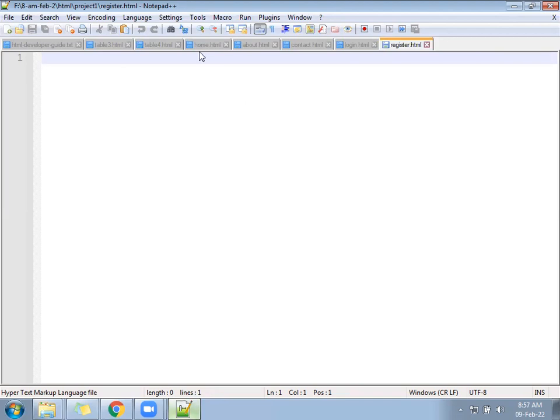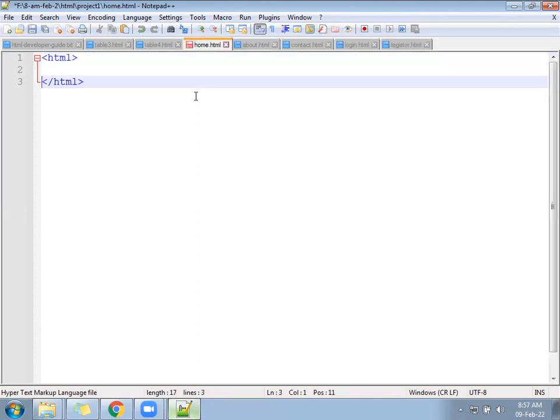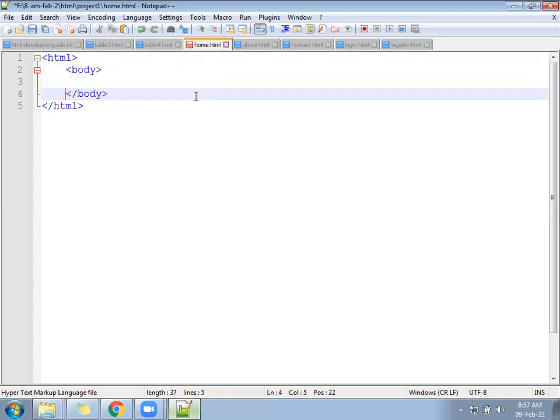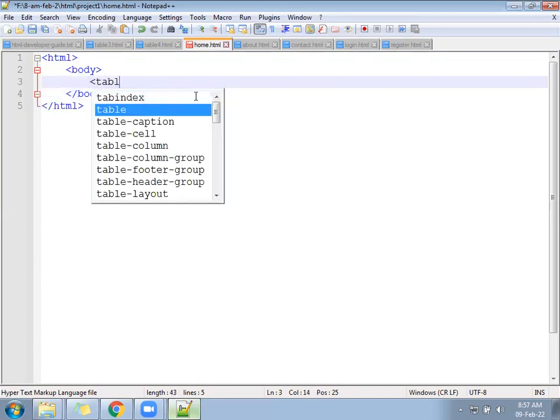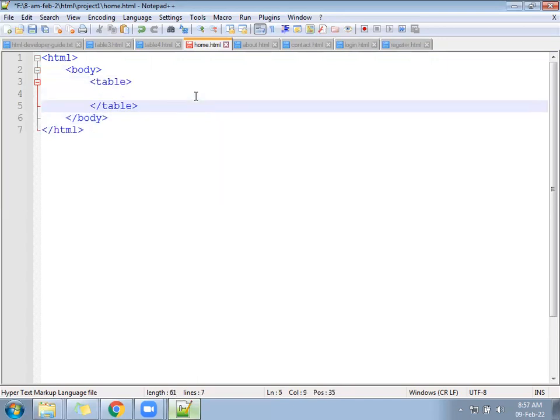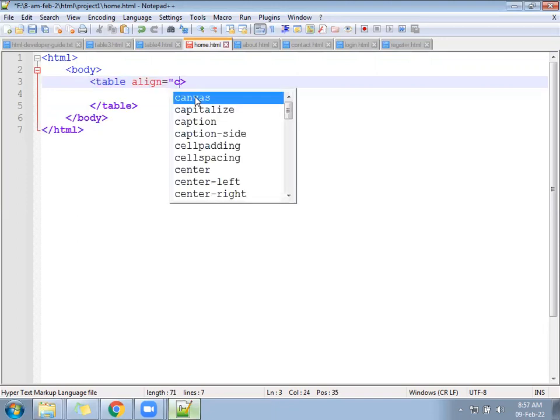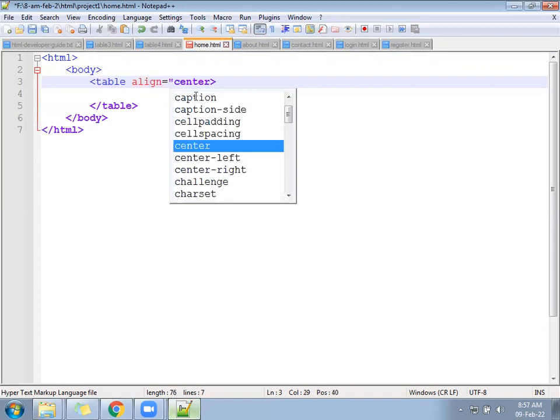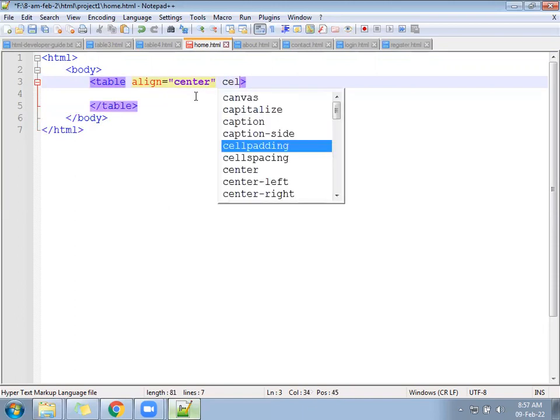Okay, hope you're ready. Now let's come to the home file. HTML code will come. Body has to be there. Then you will follow a table tag. This table tag we can keep align as a center. Then you will follow the cell padding